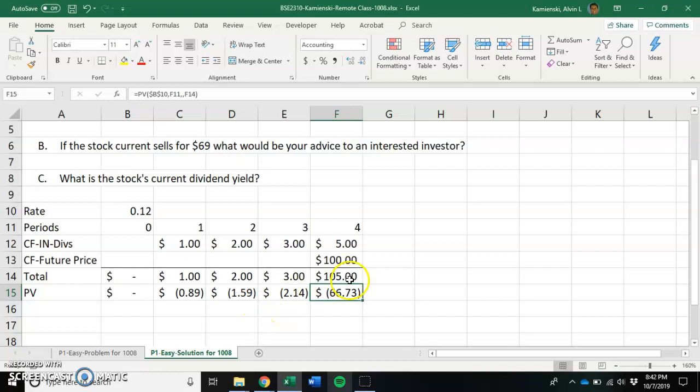And etc. until in the last year, I would be willing to pay up to $66.73 for a $5 dividend and a $100 future price that would come at the end of the 4th year, assuming that what I could do instead would be to earn an interest rate of return on an alternative investment